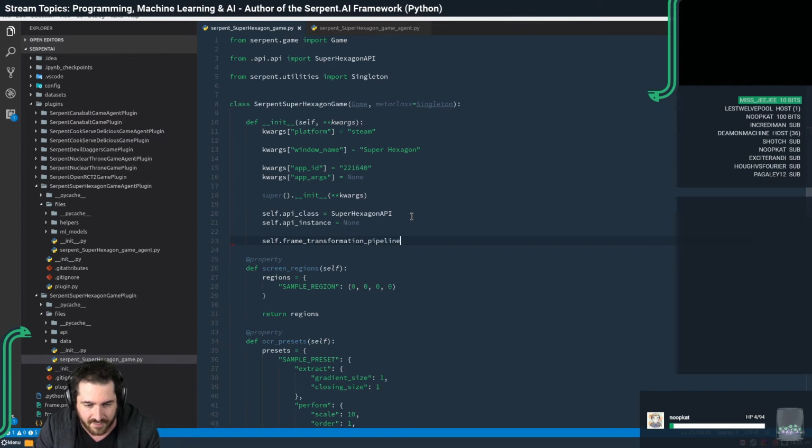All right, so how do you define a transformation pipeline for your frames? You can just use a little DSL, piped commands from a string. In this case, let's say I want my frames to be resized. Let's try to use something pretty decent here. Let's say I want to resize to 200 by 200,